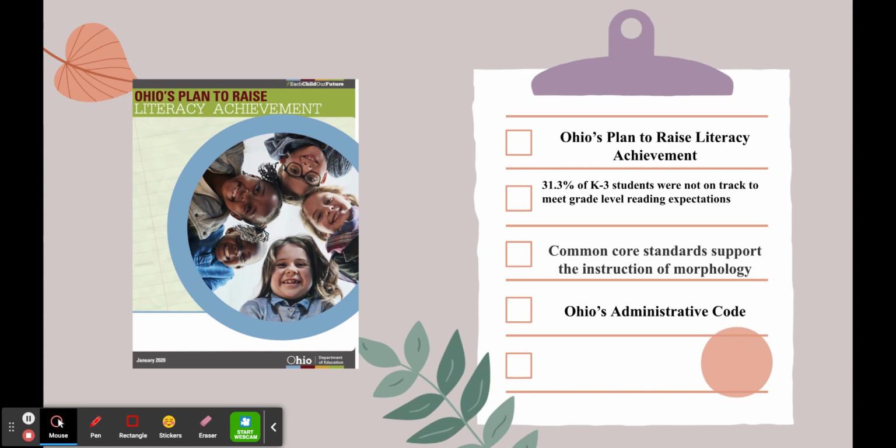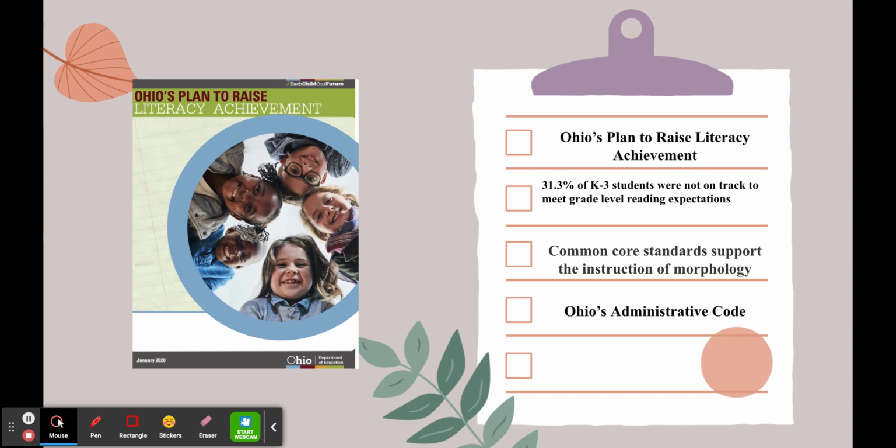In January 2020, Ohio created a roadmap called Ohio's Plan to Raise Literacy Achievement. National and local data were consistently demonstrating high numbers of students not proficient readers. In 2018, it was reported 31.3% of K through 3 students were not on track to meet grade level reading expectations. Common Core standards support the instruction of morphology through Greek and Latin affixes and roots, context clues, syllabication patterns,